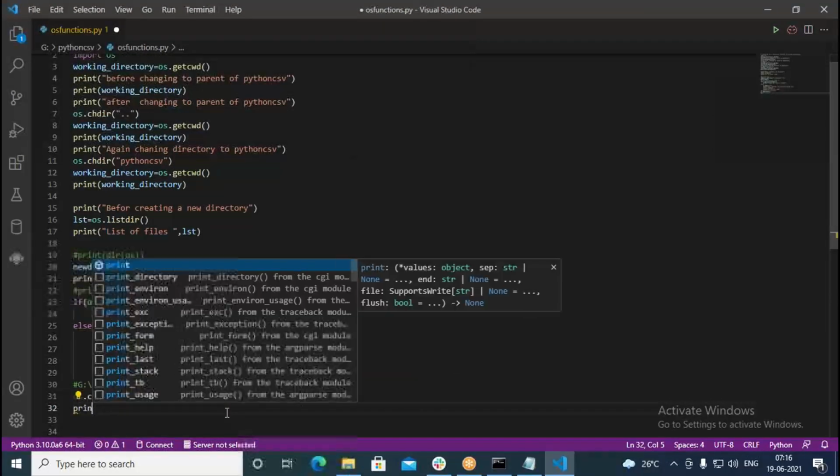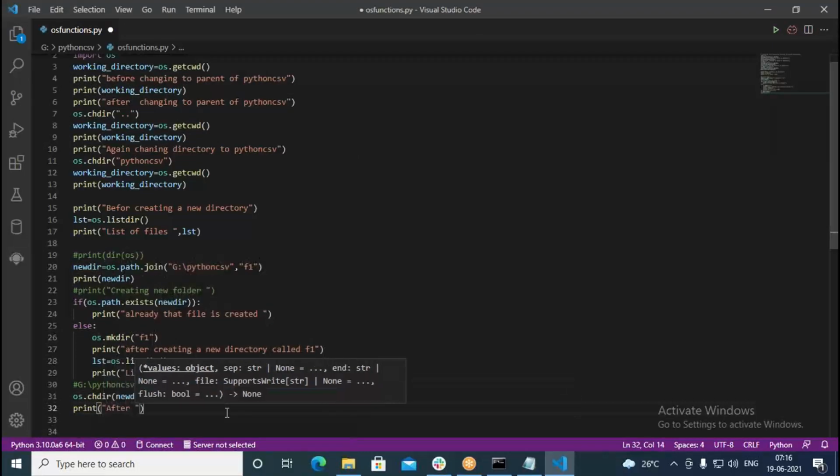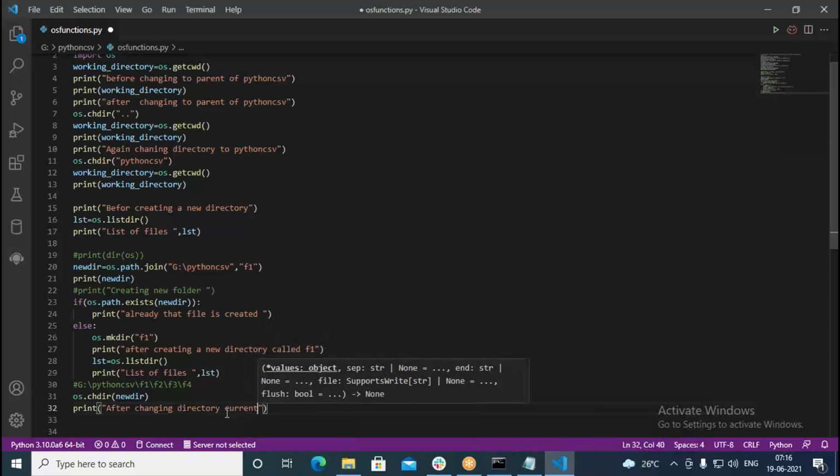Here print, after changing directory, current working directory is, and then the current working directory. So what is the current working directory? I want to print here.